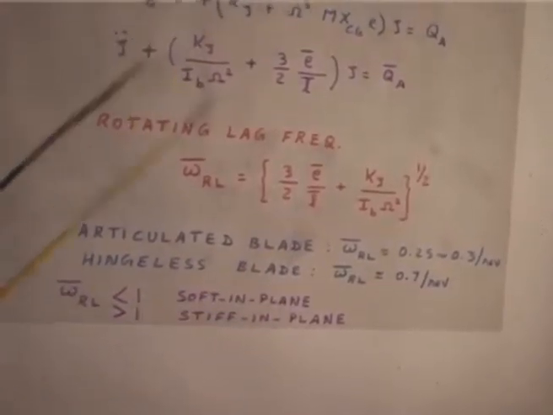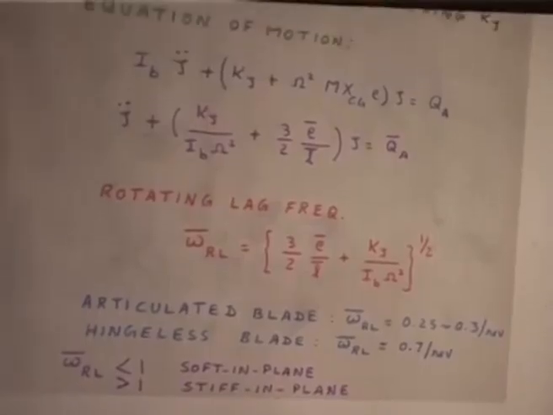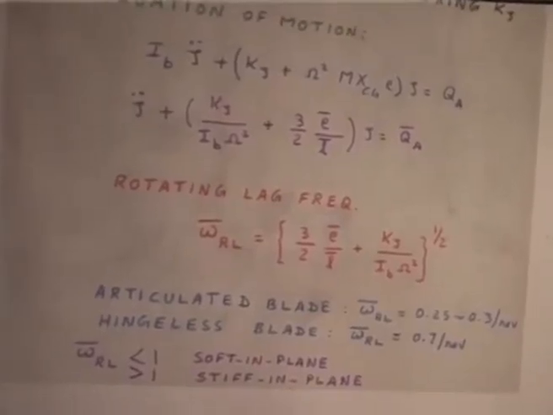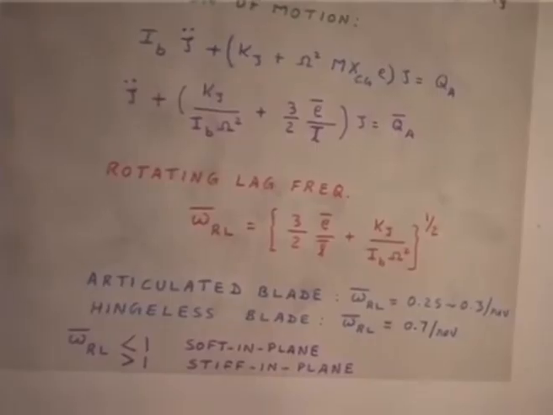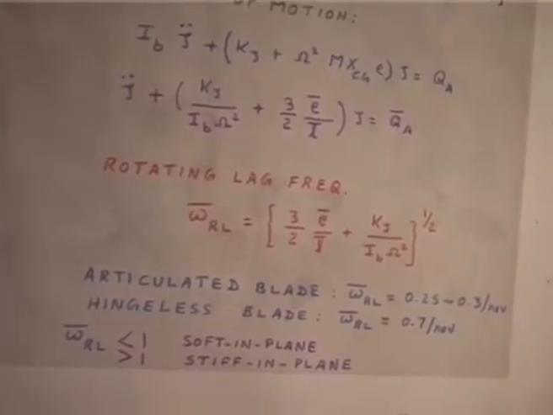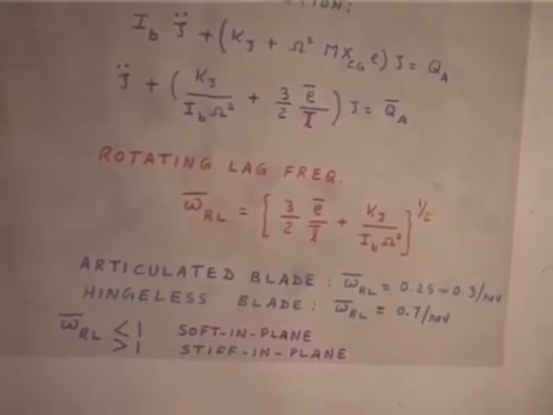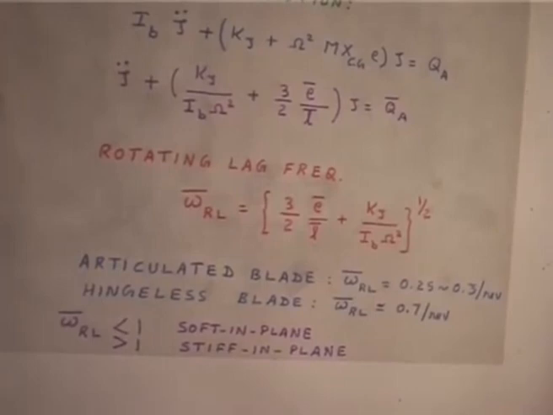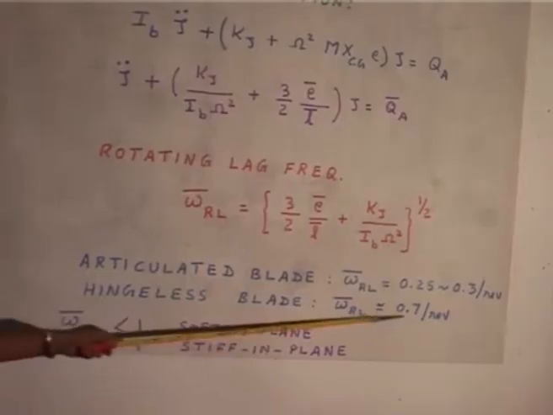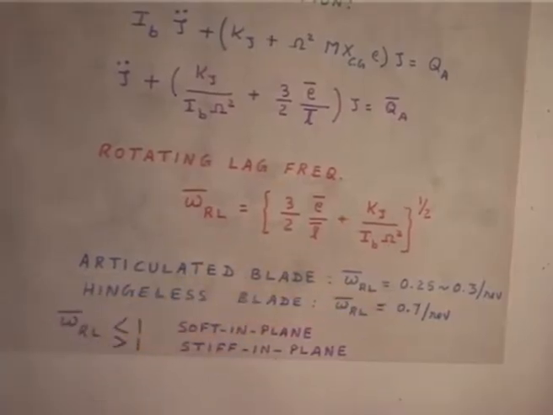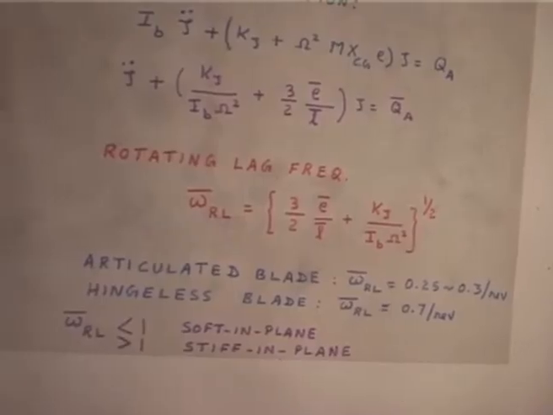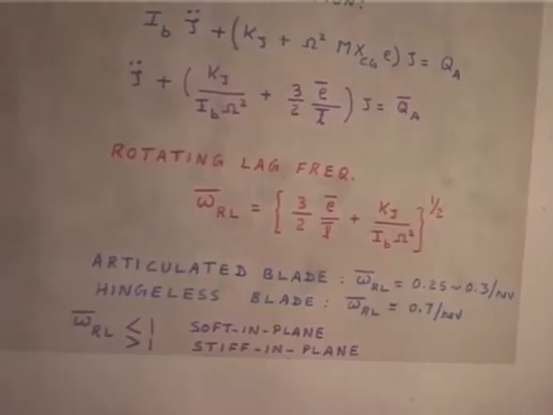But if you put a spring, which is equivalent for a hingeless blade, because you have a restoring spring effect because of the hingeless blade, there is no hinge, then the frequency is kept at, it goes to 0.7. You try to design to have it around that. Now you may ask, can I have more than one? Yes,